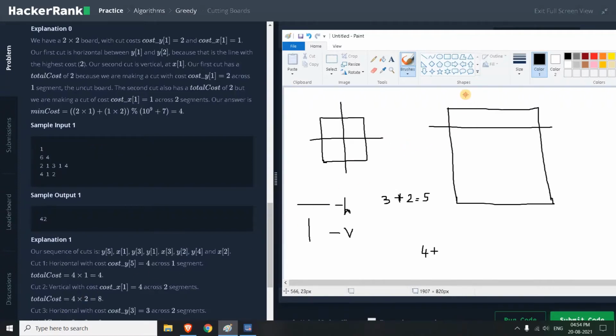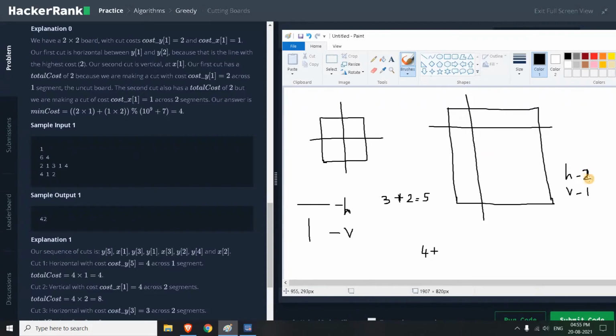So if I cut it like this, I'm just passing it to 2 boards. Again, we have 4 individual pieces of boards. We have to keep track of how many splits we have in a horizontal and vertical manner, so we will make the variables h and v. If you cut in a horizontal manner, we will increment the vertical by 1. If you cut in a vertical manner, we will increment the horizontal by 1. In the initial case, it will be 1 by default because we have one whole board.